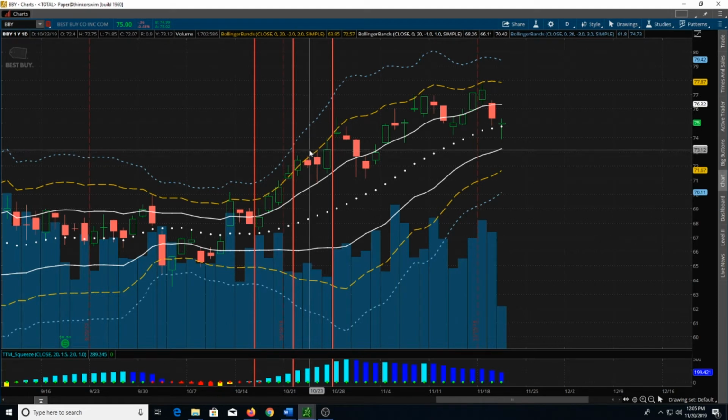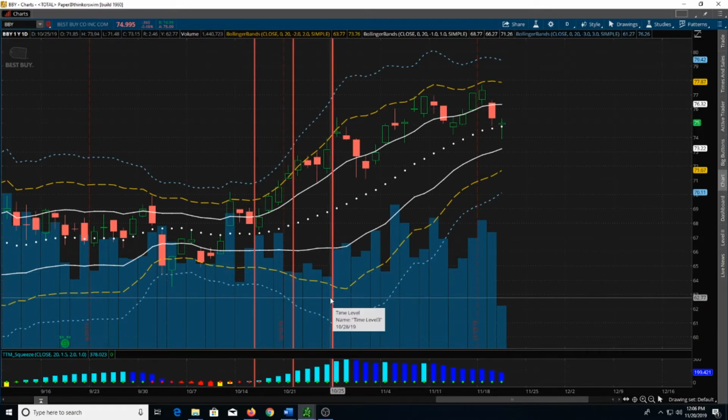On 11/22, I'm sorry, on 10/28, I got this candle here where it spiked up again. And actually, it was probably trading right around here when I decided I needed to do something else to adjust this trade. So I moved my short put up from the